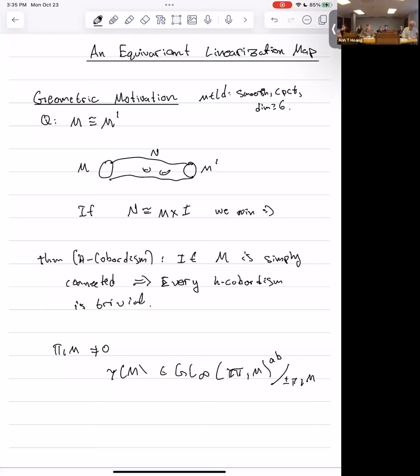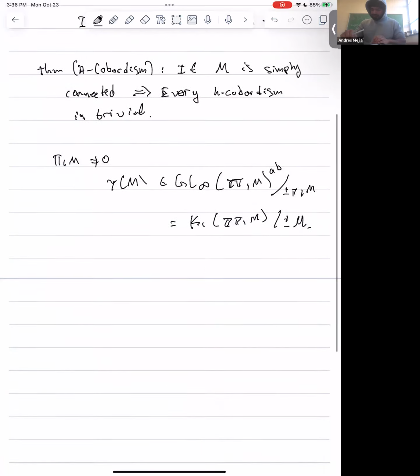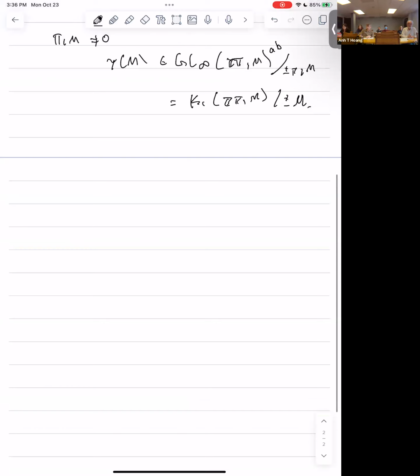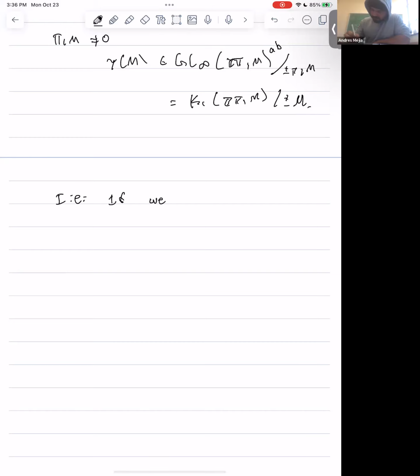And this group goes by another name other than the Whitehead group, and it's a quotient of the first K-theory group of Z pi1 of M. Okay. And in fact, elements of this group are in bijection with H-cobordism classes of a given manifold. So here's a more sensitive question that one could ask. So when can we specify the diffeomorphism, i.e., if we find a trivialization,